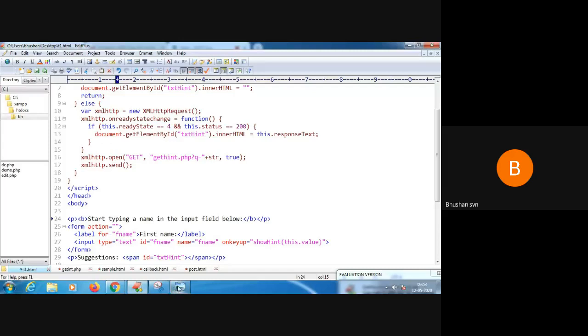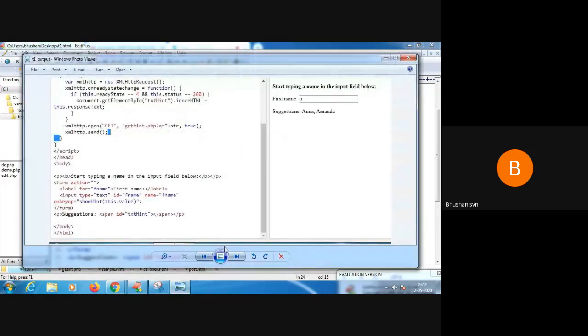Okay, before showing this, I just wanted to say I have one text field. I call that a get hint.php file. In that specific PHP file, I've got some list of names.